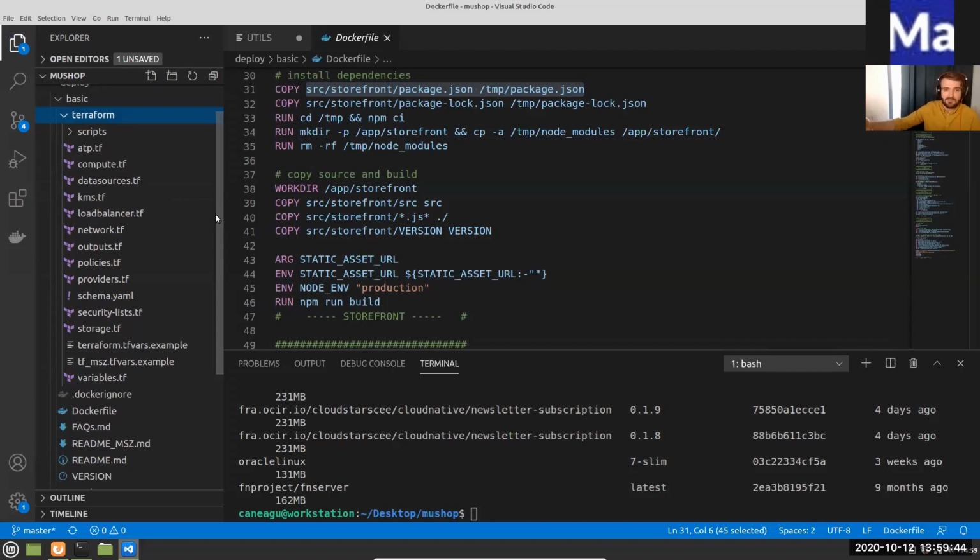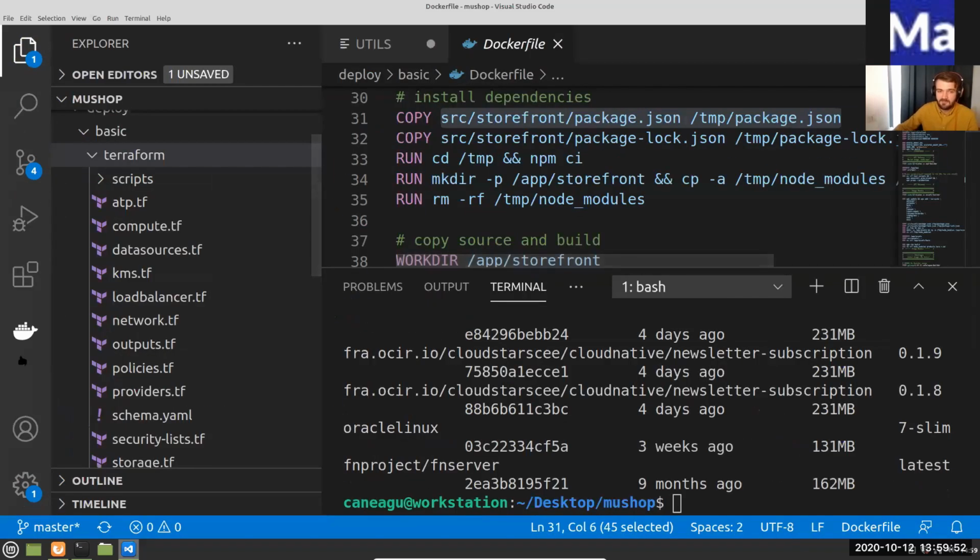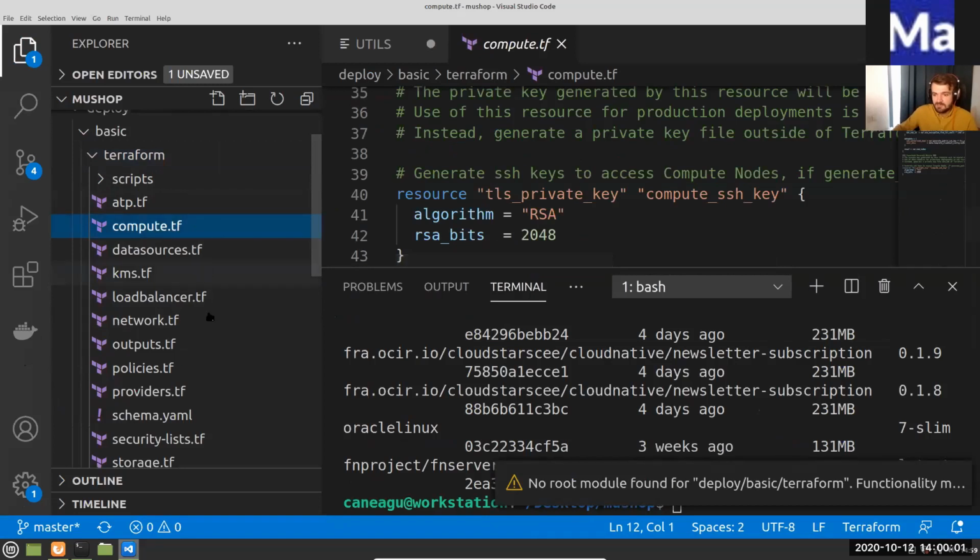So we will have the virtual machines, we will have the autonomous database, and this is done automatically with the use of Terraform. If it's the first time you use Terraform, similar to Kubernetes, this is a declarative tool. I'm basically saying, using these configuration files, let me check the autonomous database part.